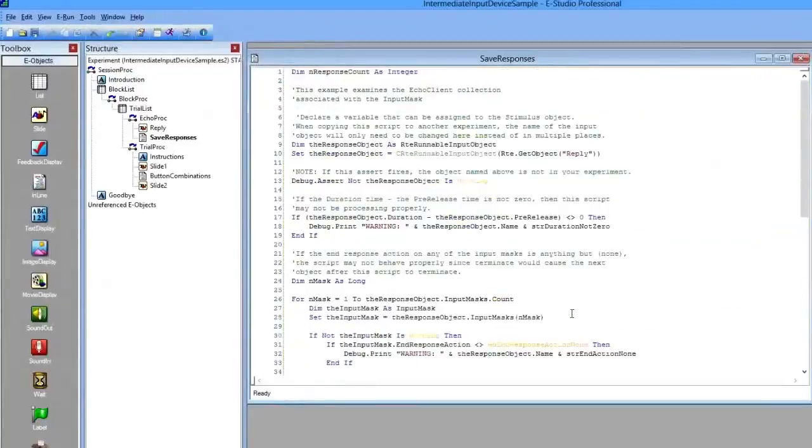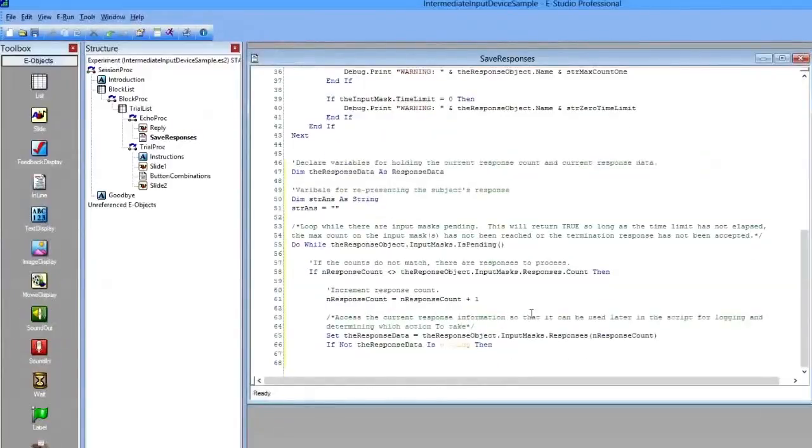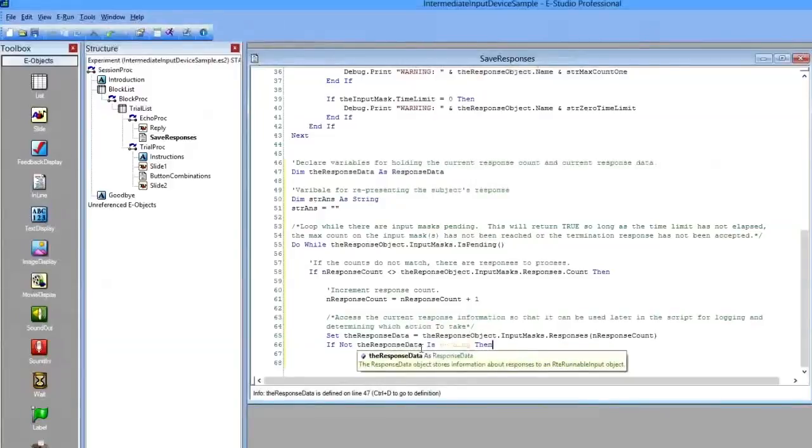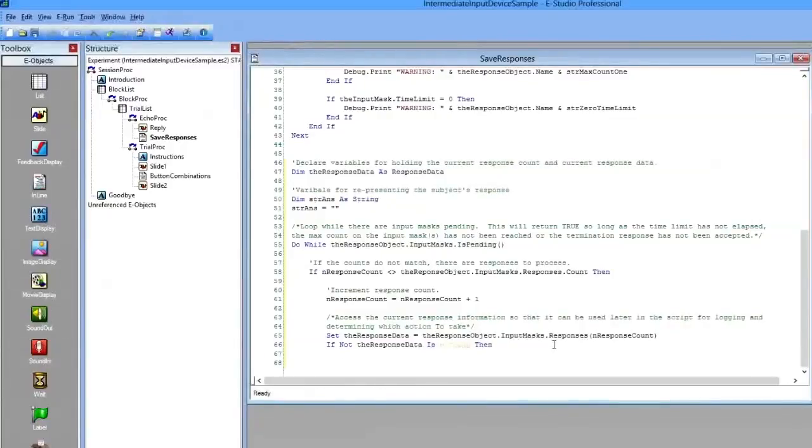So as I mentioned, we're going to specify to ePrime that we want it to look at the reply slide. And you'll remember up here that the runnable object, the one that we want ePrime to focus on, is going to get this object reply. So we've already basically set that the response object should be this reply slide. So down here now we're actually looking at the information given to that reply slide and logging it. So if the response data is nothing, if not, meaning that if there's no response given, then of course this script won't generate. But if there is some response, then this entire verification will happen where it will declare